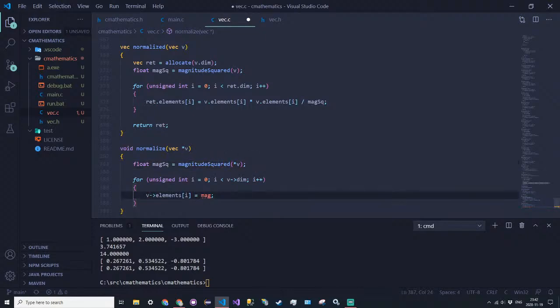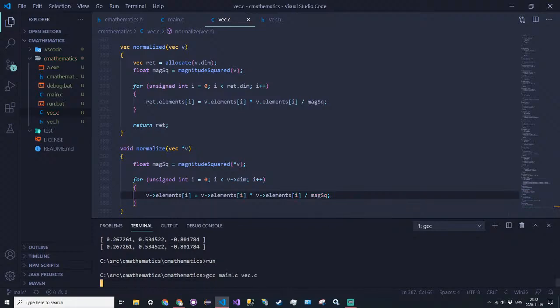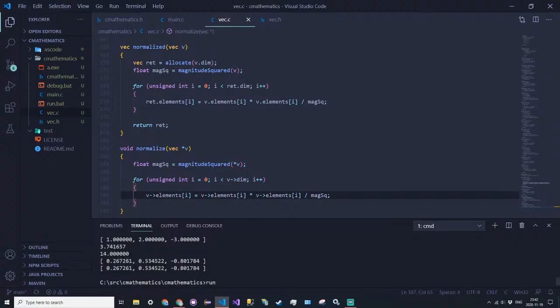And then in the normalized function, we'll say v.elements at I times v.elements at I divided by mag squared. And if I run it again, we get